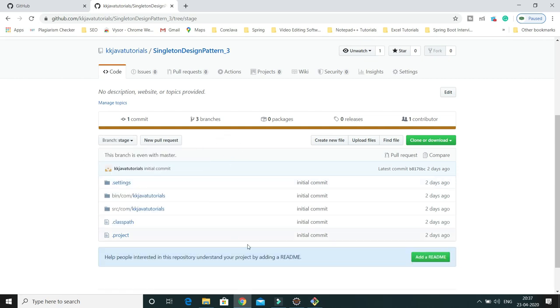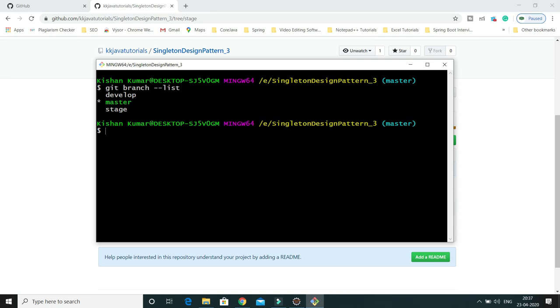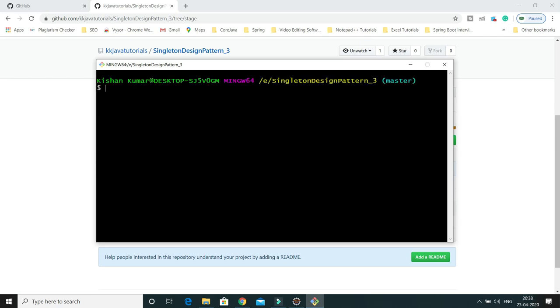And the same you can check from the command line also. You can type git branch --list, right? Either you can use this command or simply you can type git branch. This will list out all the branches available on this repository, right? So I have basically three branches on this repository, right? And currently my git is pointing to the master branch, and that's the active branch, and that's what the star represents, right? Let me clear the terminal. Now that's all about how to check how many branches you have in your current repository, right?